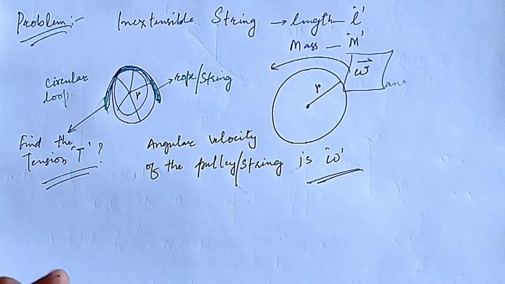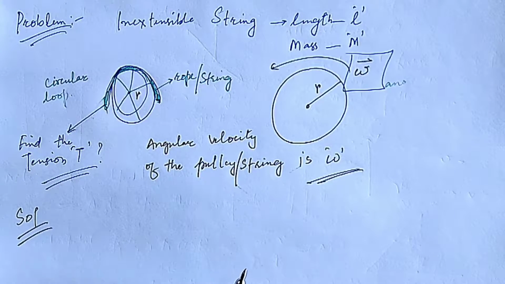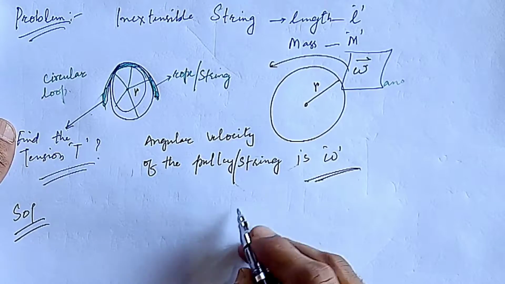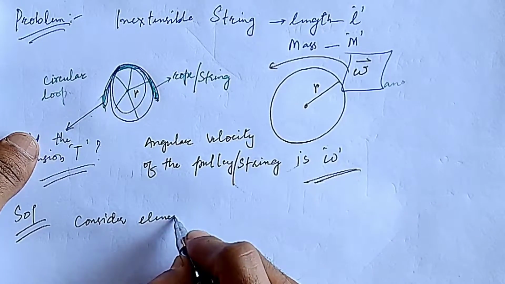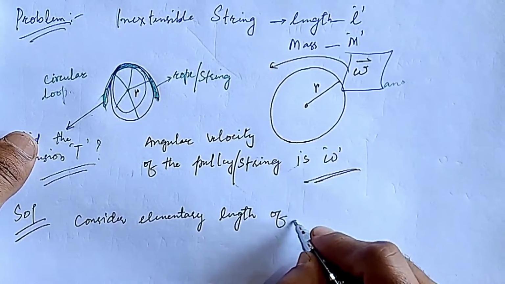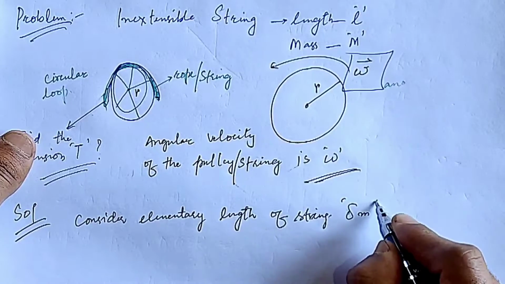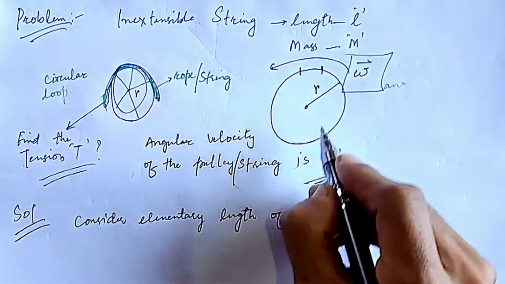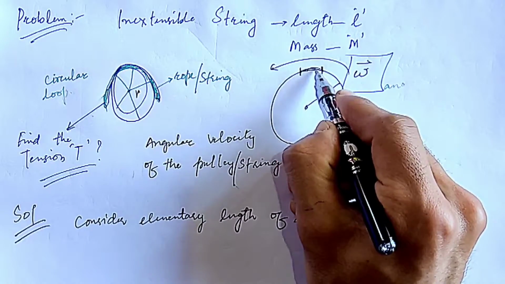So we can solve it as, first and foremost, draw the free body diagram. I have told you earlier, draw the diagram as neat as possible and try to focus on that. Say, for example, consider the elementary length of the string, a string of mass delta m, that is small mass. Okay, like this. If we consider only this very small mass, of this length,